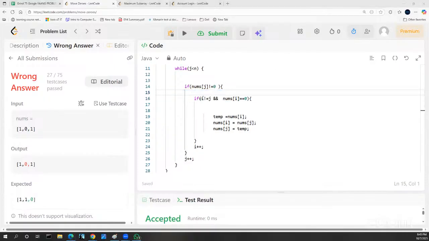Okay. So, why are you comparing the indexes? What you're saying, I think, Zohaib, is that in 101, when i was here and j was here, for example, and nums of i was equal to 0, which is not equal to 0 in this case, right? So